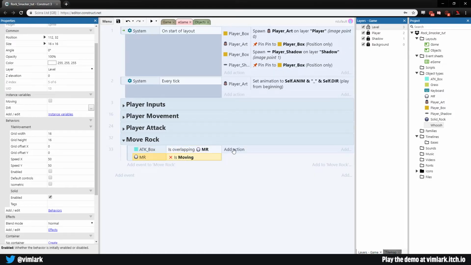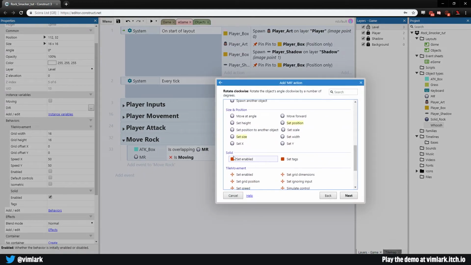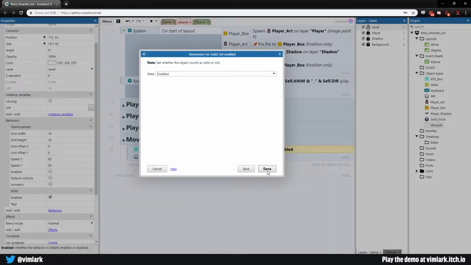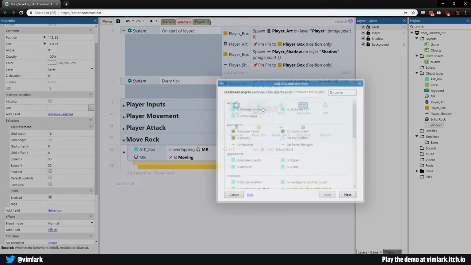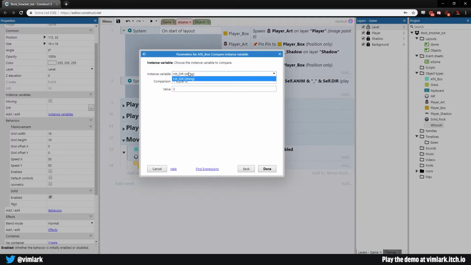So now if the player box is overlapping the Move Rock and the Move Rock is not moving, we are first going to add action, Move Rock. We are going to disable solids. So go down to Solid, Set Enabled, Set Disabled. And now we're going to have the rock moving in a couple different directions. So we're going to go B for a new blank sub-event. So what's happened, it's going to overlap, set it to disabled, and then decide which way it's moving based on the hitbox. So we will double click, check attack box, scroll on down to compare instance variable,